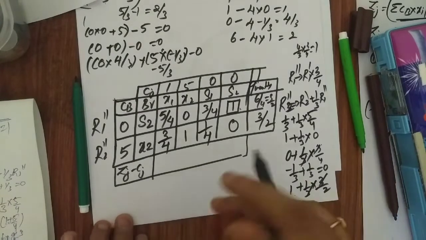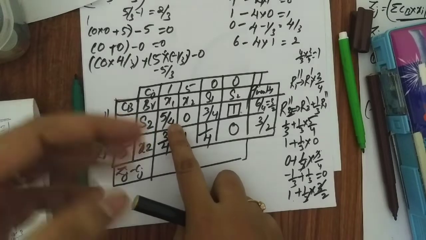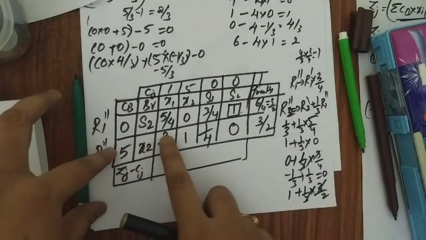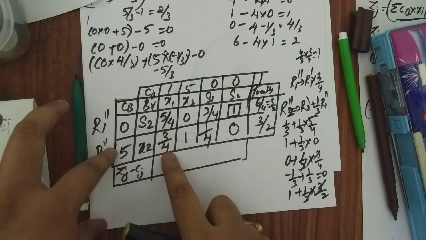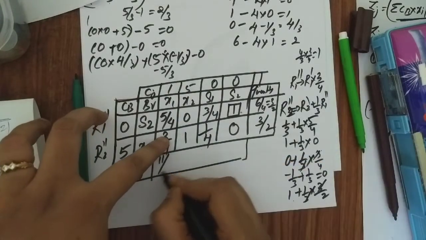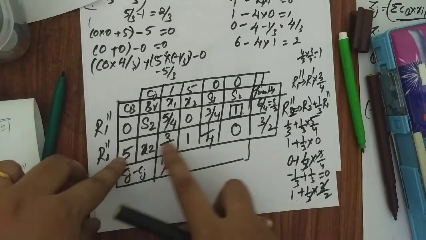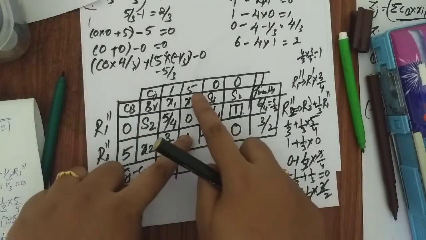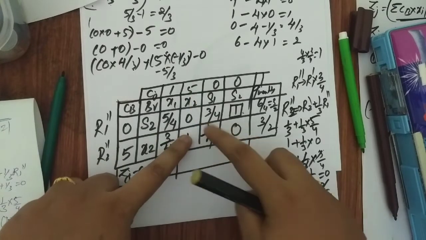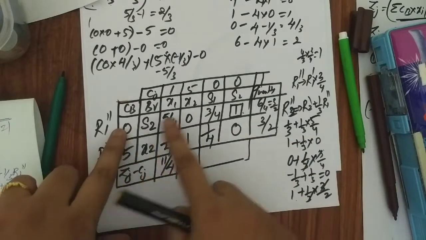So we will find Zj minus Cj. We can directly do it. You don't have to write it separately. See here. 0 into 5 by 4 is 0. Leave it. 5 into 3 by 4, so it is 15 by 4 minus 1. 15 by 4 minus 1 will be 11 by 4. Next, 0 into 0, 0. 5 into 1 is 5. This has to be subtracted with Cj. So 5 minus 5, 0.